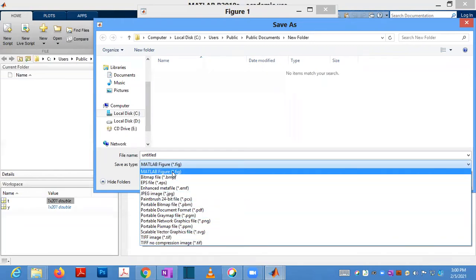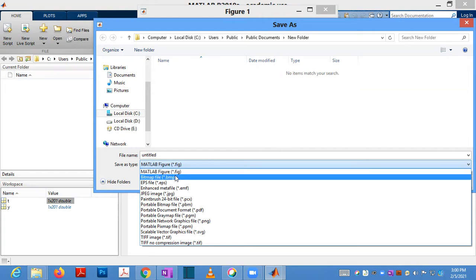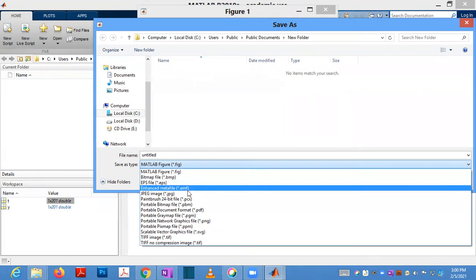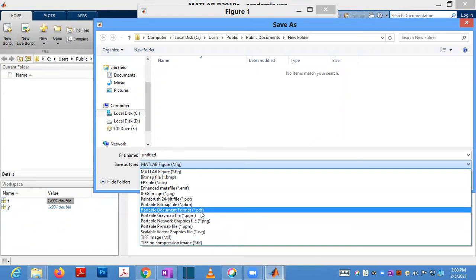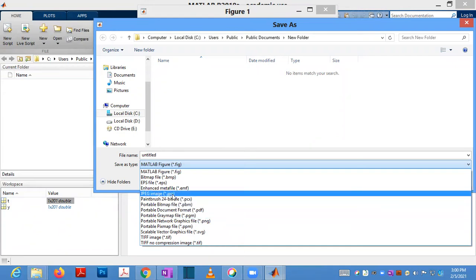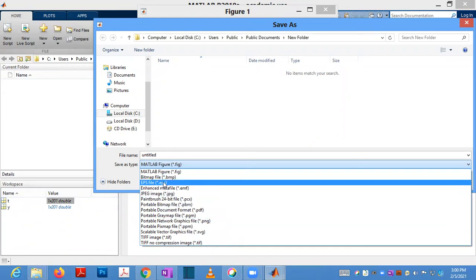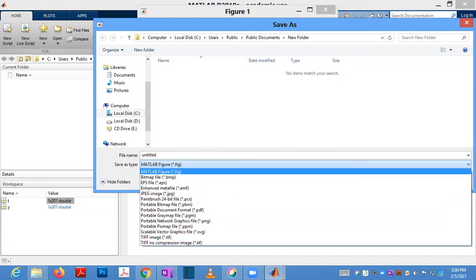MATLAB figure is the one that will open in MATLAB. So if you want these points or values, you can display them later on. If you want just a picture, you can save it as PDF or JPG or EPS. EPS format is used in LaTeX.